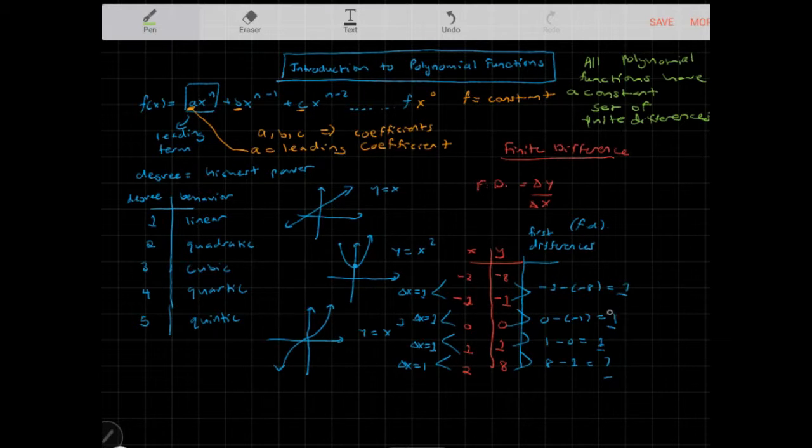Now you can see here that the first finite differences are not constant, so we look at the next finite differences. The second finite differences are called the second differences. You do 1 subtracted by 7, which is negative 6; 1 subtracted by 1, which is 0; and 7 subtracted by 1, which is 6. You can see that this is still not constant, so we look at our next set of finite differences, the third finite differences. 0 minus negative 6 is 6, and 6 minus 0 is 6. You can see that the third finite differences are constant. So because we have a set of finite differences that are constant,